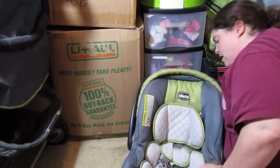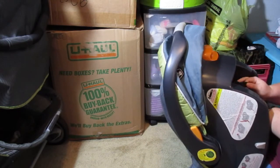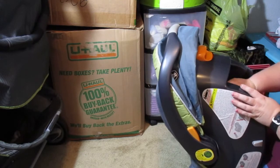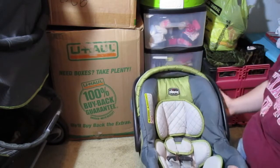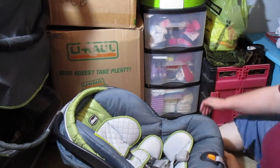And I know things have come a long ways in car seats. My cousin's son just turned 18, and he actually went off to Marine boot camp last week. I can't believe he's that old, or he's old enough to do that. But anyways,